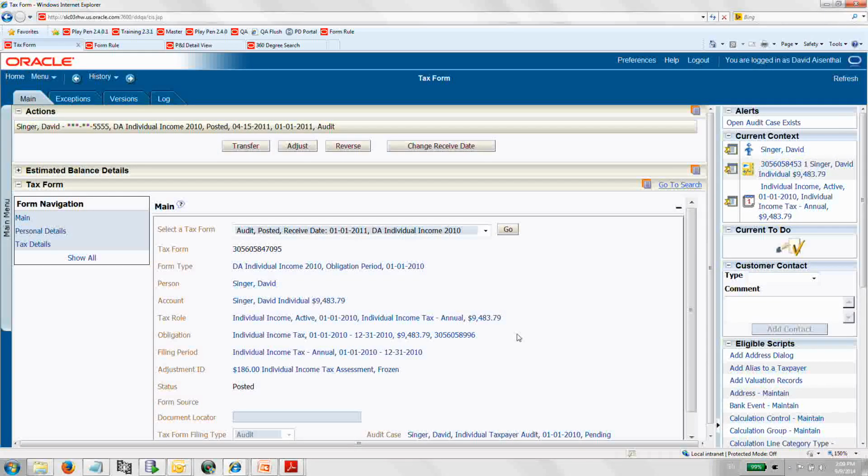Okay, so now we have David Singer with an audited tax form. If you remember, originally it was set to be a certain amount, and we made a change, and then the audit changed it back. Now, what else I would like to show you is the ability to reverse